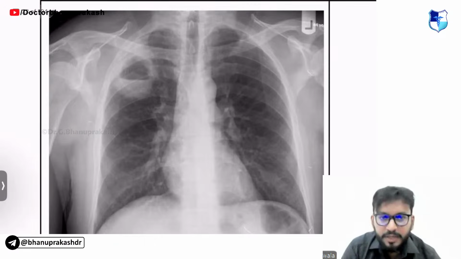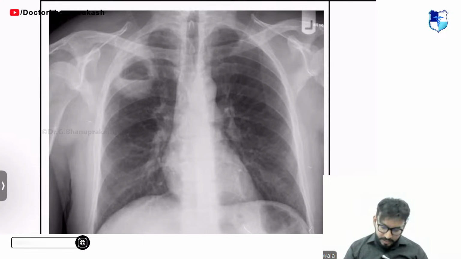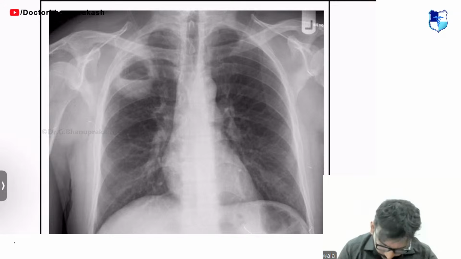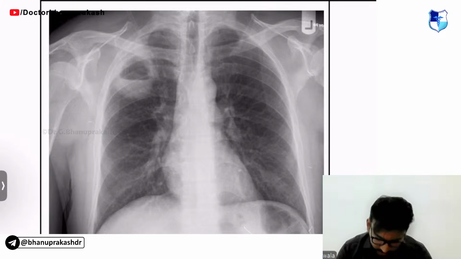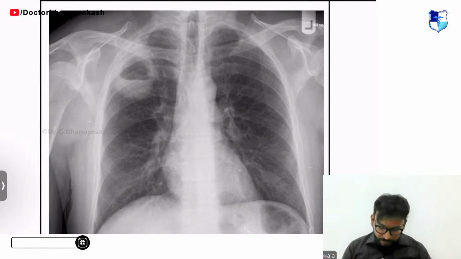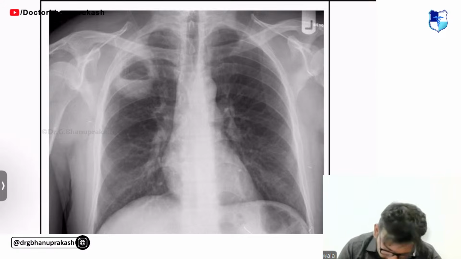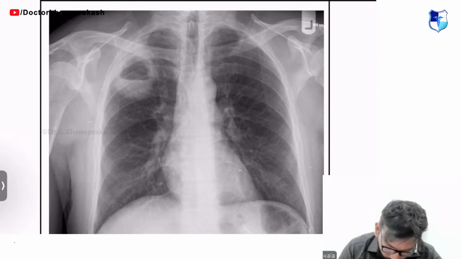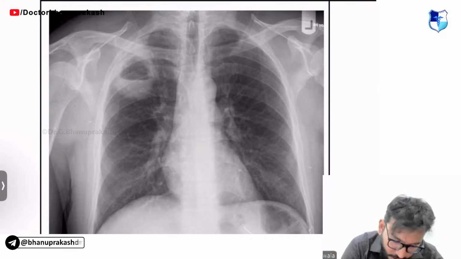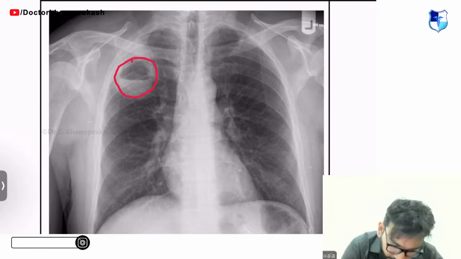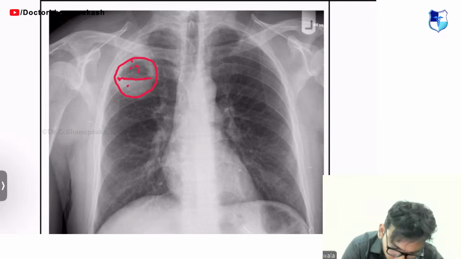Look at this, guys. What do you see? Is this again pneumatocele? Come on, guys. What is this? Yes, now you are right. This is a lung abscess. Why is this not a pneumatocele? Why is this a lung abscess? Can you see this beautiful air fluid level? All of this is air and all of this is fluid.